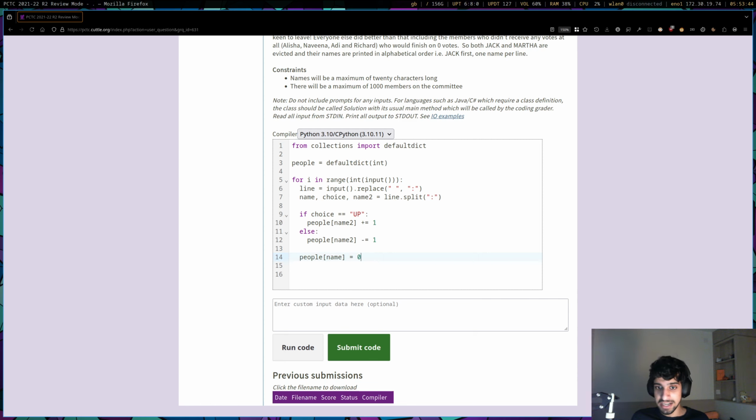And so what I'm going to do is say people[name] is going to be equal to itself +0. That way we haven't changed the value of name in our dictionary, but equally, if name doesn't exist in our dictionary, we've created it by referencing it. Because really all we need to do to create something in defaultdict is to reference it. And so we can just reference it by saying +0. So we're not really changing it, but we're referencing it. And so this way we accounted for that edge case, and now we can get to the final part of our solution,